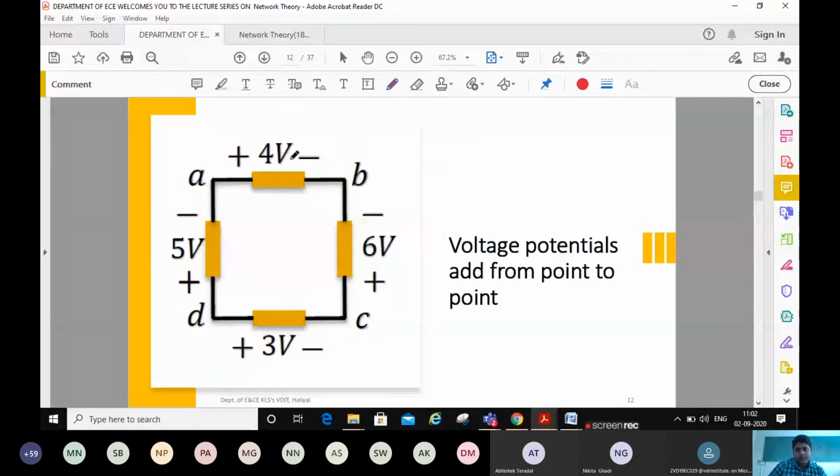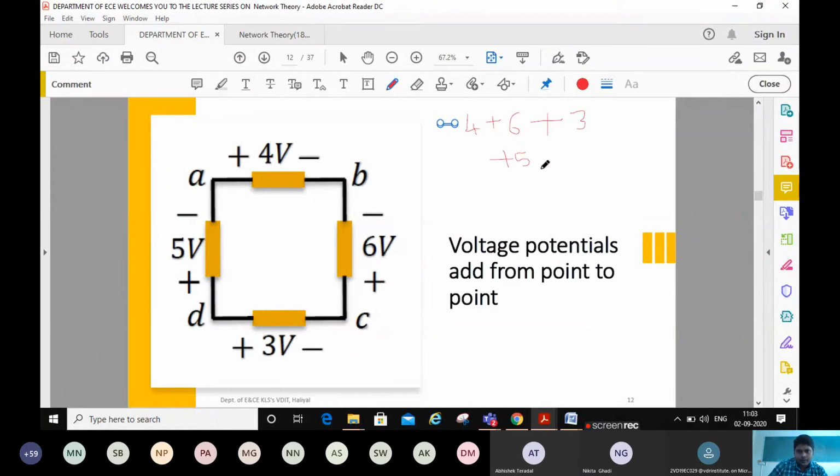The voltage is getting reduced. So higher potential to lower potential, that is -4. Then B to C, if you take B to C, it is again how much? It is gaining, minus to plus. So this will be +6, right? And in the same way, if you take minus to plus, again it is increasing. So totally now if you take 6 plus 3, 9, 9 minus 5, 9 minus 4, it will be